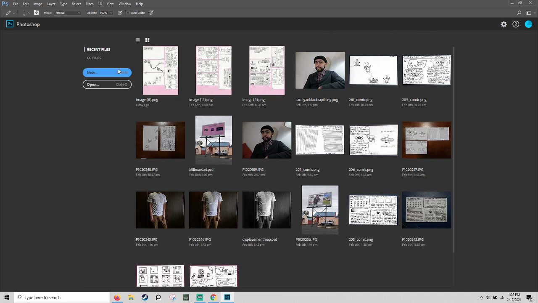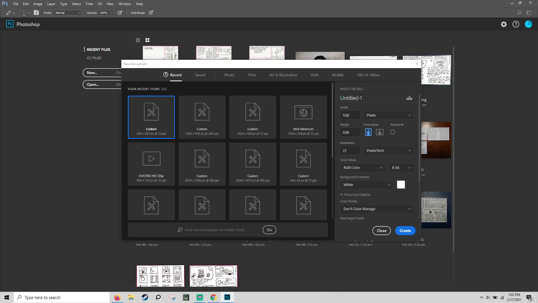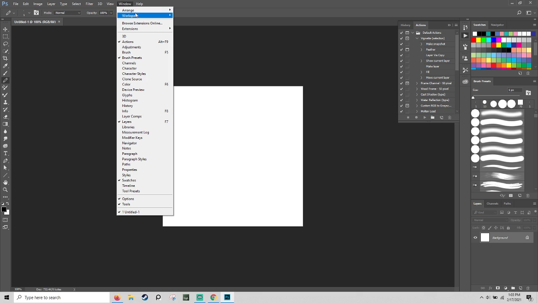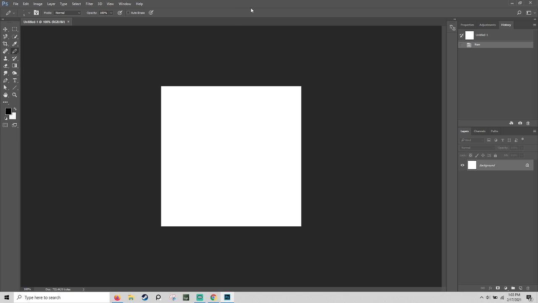So this is just going to live on the internet, and I'm only going to make mine 500 by 500 pixels. So I'm going to do the web preset details width 500. Height 500. And I'm going to uncheck artboards. I don't like artboards in Photoshop, but maybe you do, but I'm not going to do it. All right, so we'll go to create. All right, so let me do the regular workspace. Okay, so